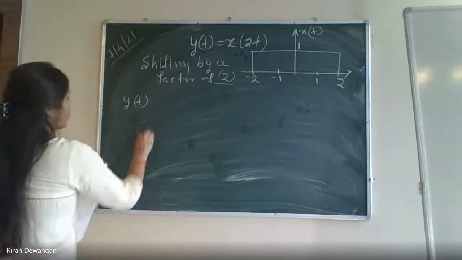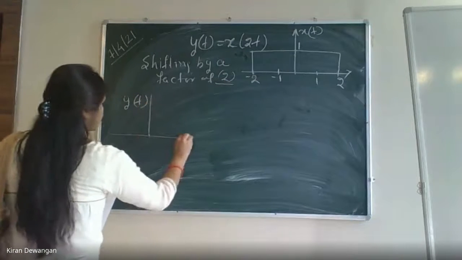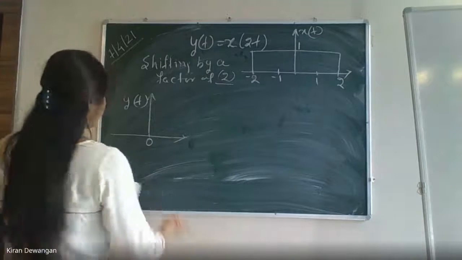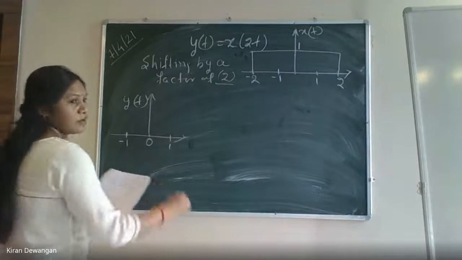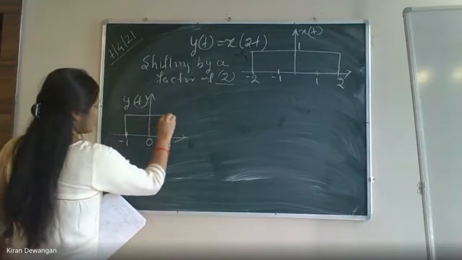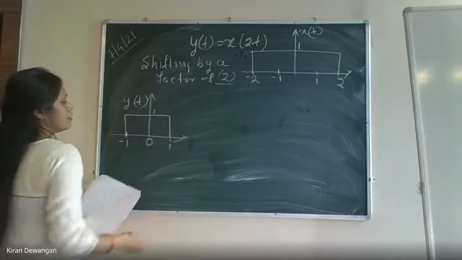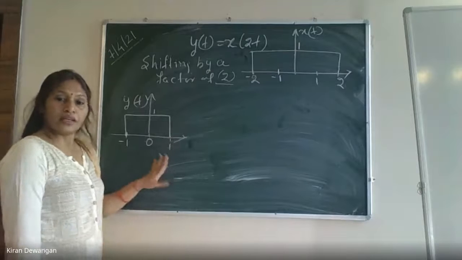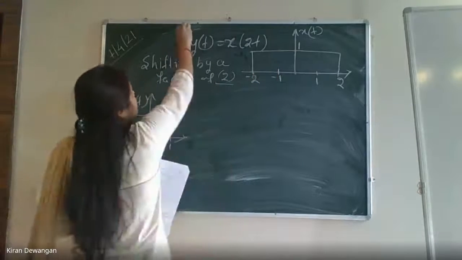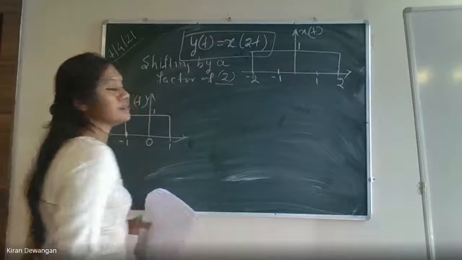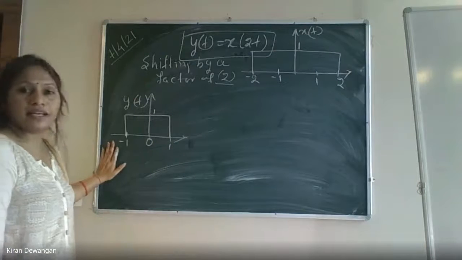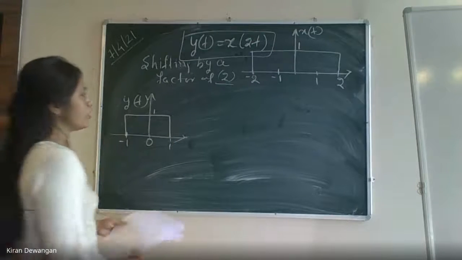So if we have to plot y of t, कहाँ से कहाँ तक प्लॉट होगा? -1 to 1. -2 position will be shifted to -1 and 2 will be shifted to 1. This is going to be our y of t for this x of t, because we know the system is described by y of t is x of 2t. ठीक है? तो ये आपका x of t दिया हुआ है. This is the y of t that we have got. Now what we have to plot